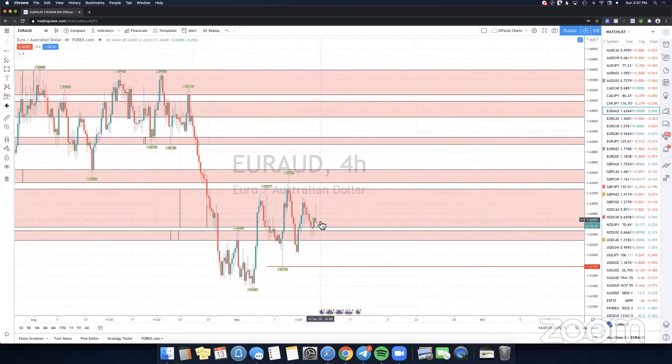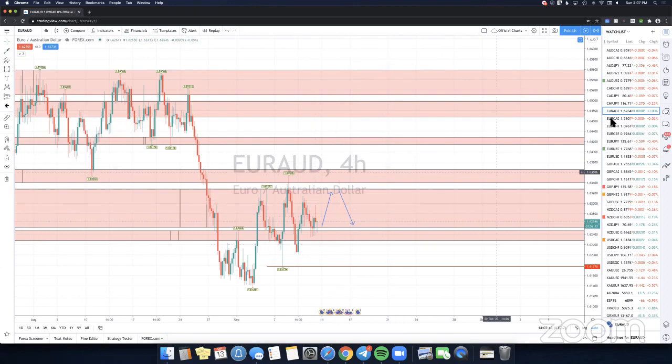Okay, so it's within the zone right here. Just like I mentioned earlier, it's way too big, so you can still trade within it. The upper zone is going to be 1.6327, and the lower zone right here is going to be 1.6254. So you can see right here, it's rejecting off the zone. You can probably shoot up right here and then pretty much bounce within the zone until it breaks above or